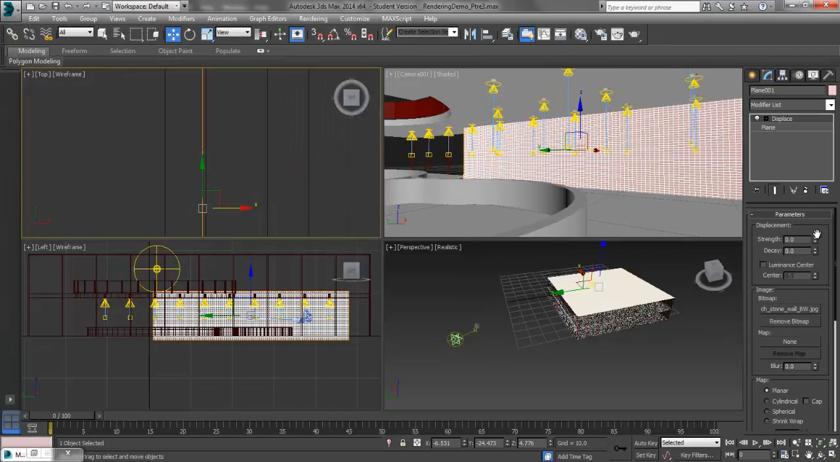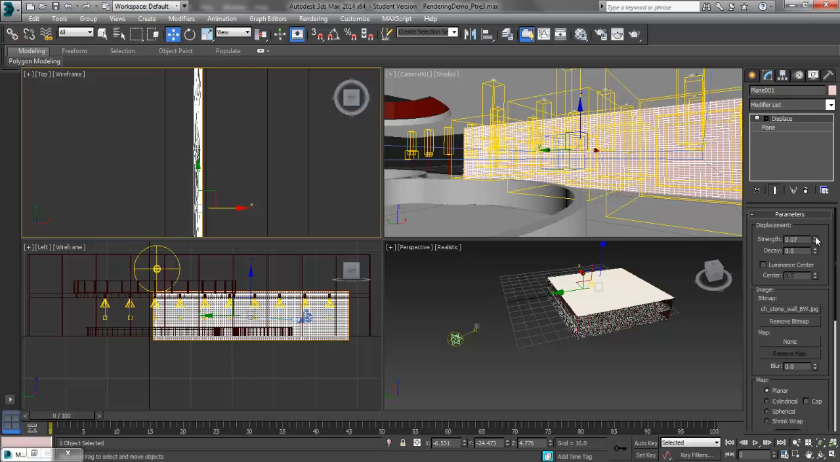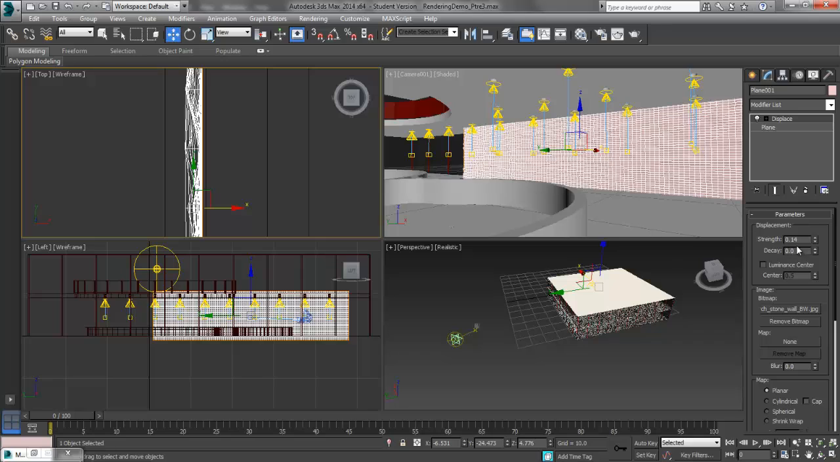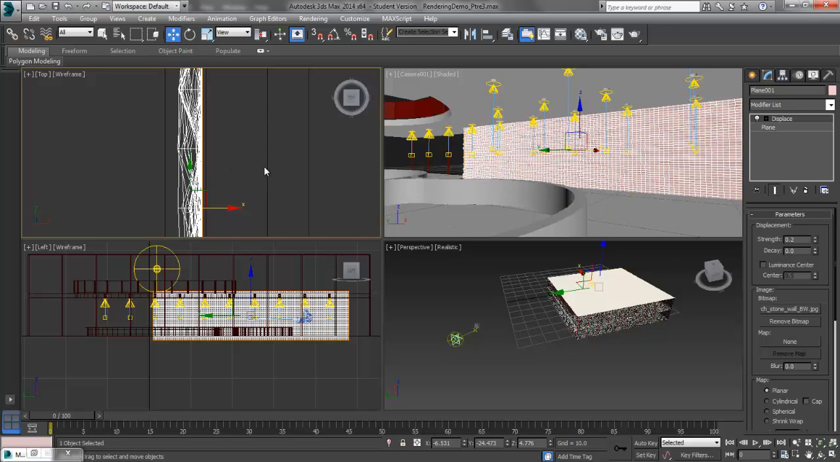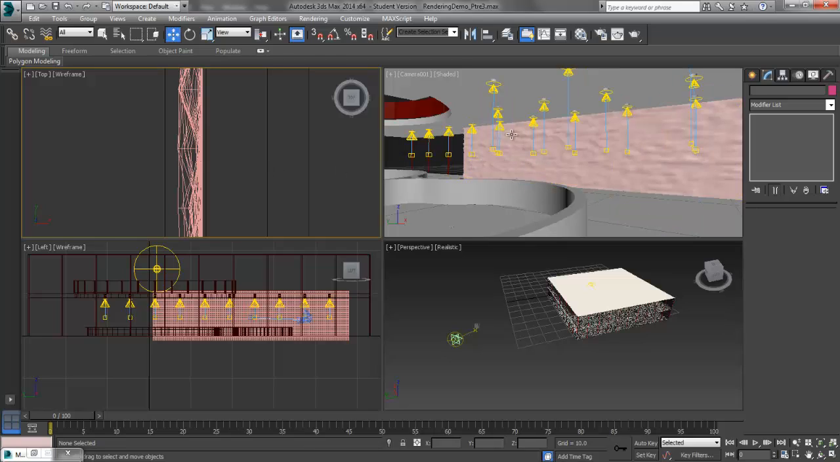Again, nothing's really happened until we start to adjust the strength on this guy. So I'm going to click this up to 0.2, and you can see this starting to displace. I'll just dial that up. We deselect that, and you can see that now it's been relatively dramatically transformed. So if we go and render that out,